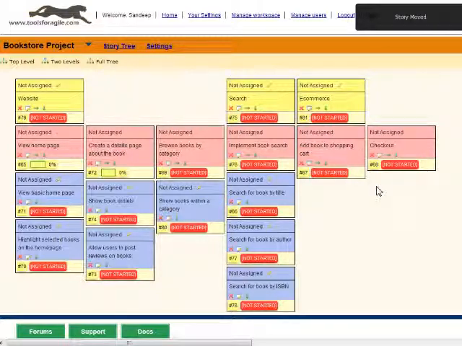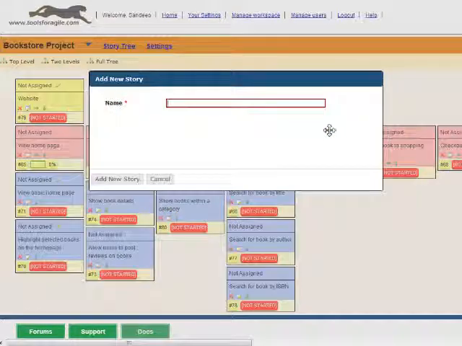And now add book to shopping cart is really just one story. We also need to be able to remove books from shopping cart, and also add multiple copies of the same book into the shopping cart. So really what I want to do is